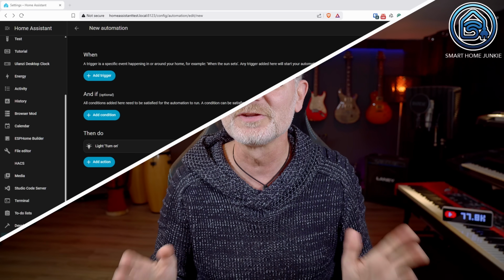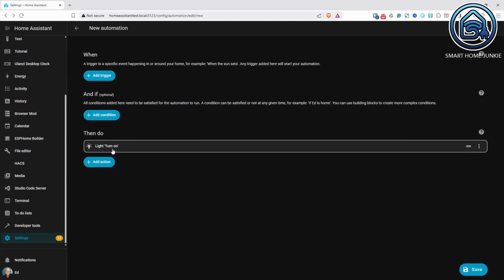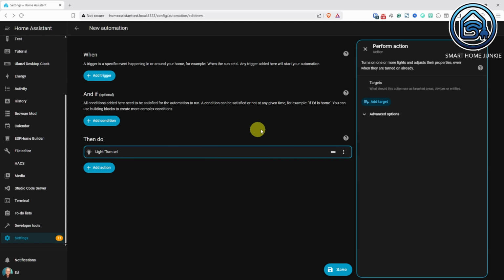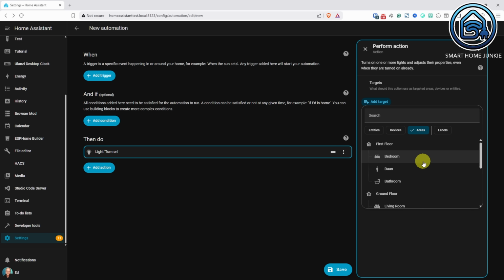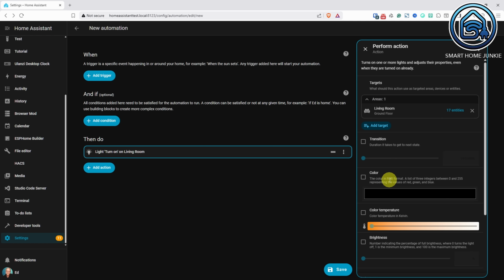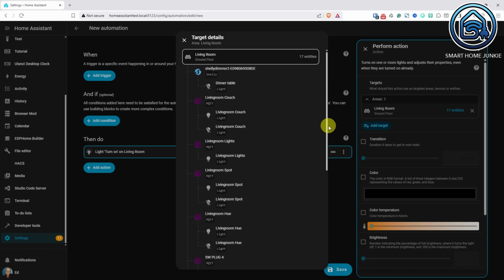Home Assistant has completely revamped the target picker, the tool that decides which devices, areas or entities your automation targets. Previously, things got confusing. You couldn't easily see where an entity came from or what area it belonged to. That meant if you had two sensors called presence sensor, you couldn't always tell which one was which. Now that's fixed. The new target picker clearly shows each entity's context, its device and area, and even how many